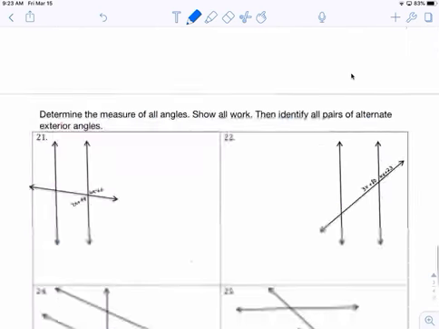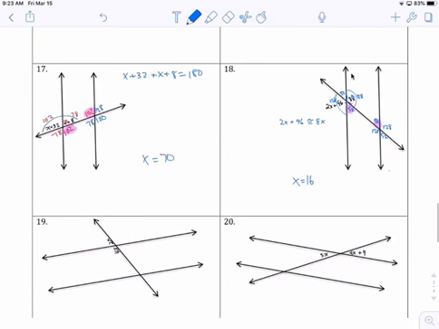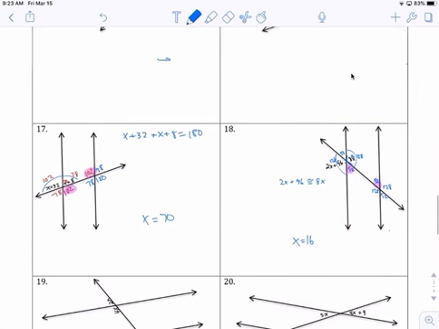So I'll explain this one. Identify all interiors. Interior angles here, angle 78 is congruent to, I forgot to do that part. Okay, you saw